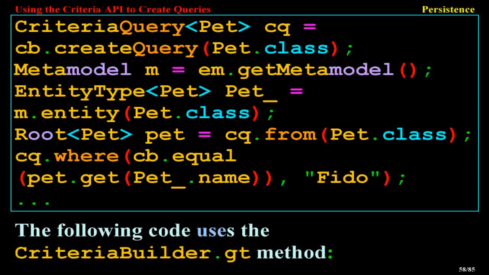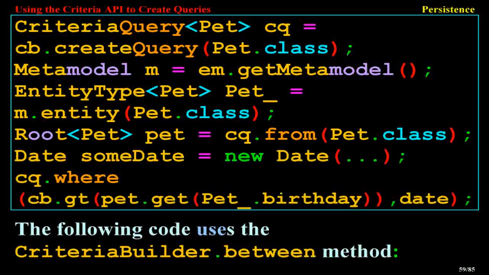"Fido")); The following code uses the CriteriaBuilder gt method. CriteriaQuery<Pet> cq = cb.createQuery(Pet.class); Metamodel m = em.getMetamodel(); EntityType<Pet> Pet_ = m.entity(Pet.class); Root<Pet> pet = cq.from(Pet.class); Date someDate = new Date(...); cq.where(cb.gt(pet.get(